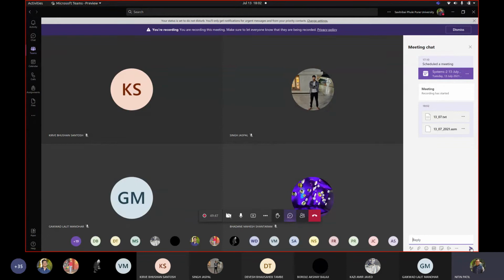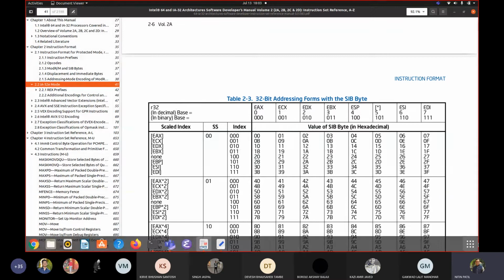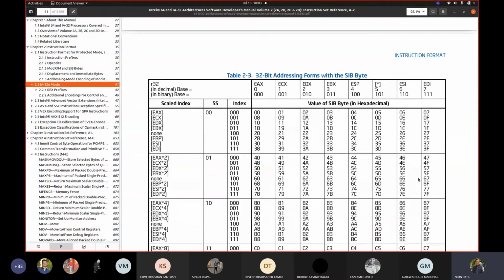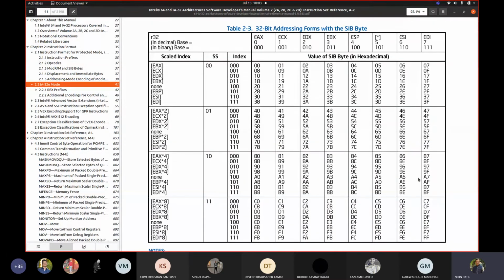Okay, so you have to try these ones. Now we would be moving towards some complex part, probably definitely from tomorrow's session. But till that time, you start thinking. Suppose I ask you to map this table in terms of a data structure, you have to pick the values from that data structure.